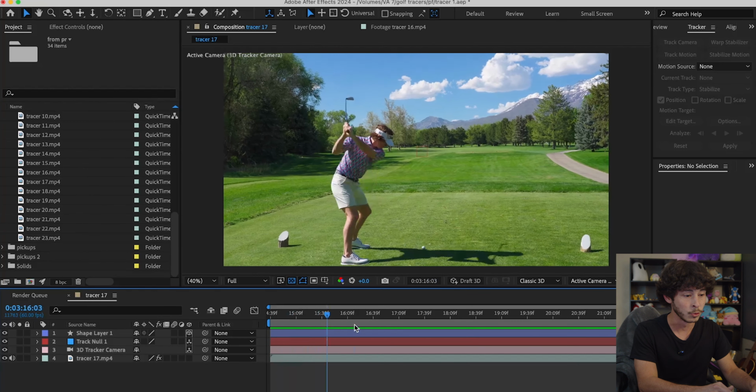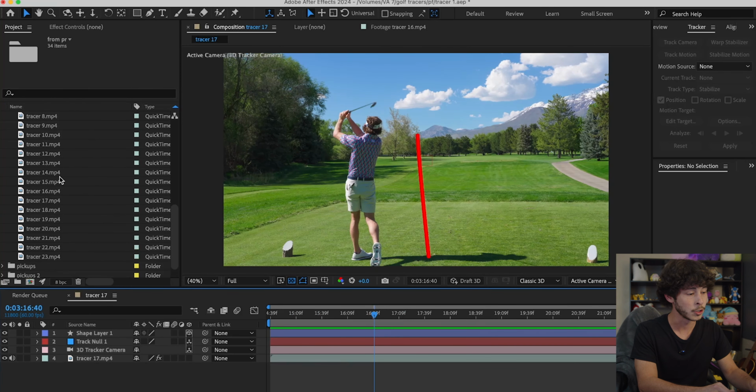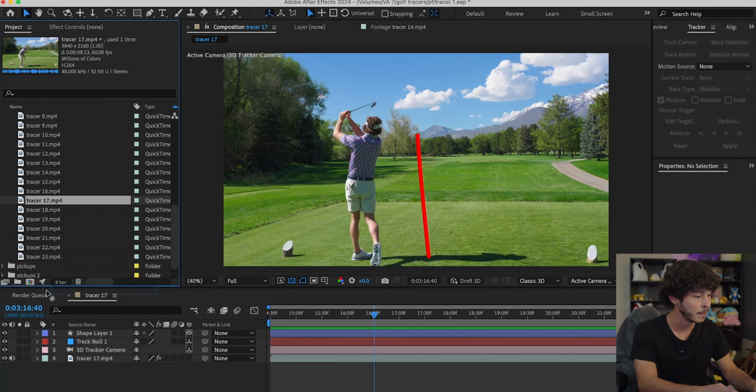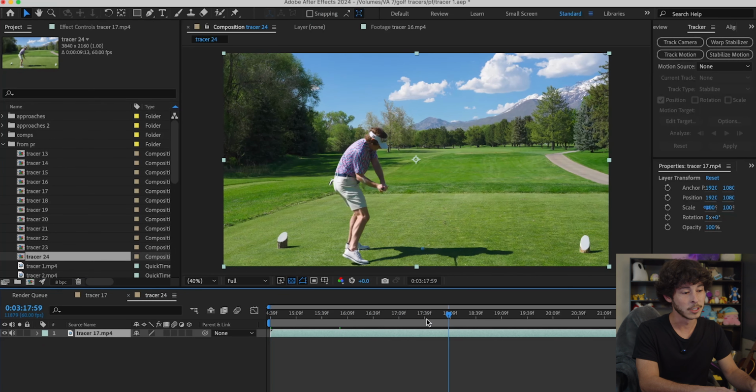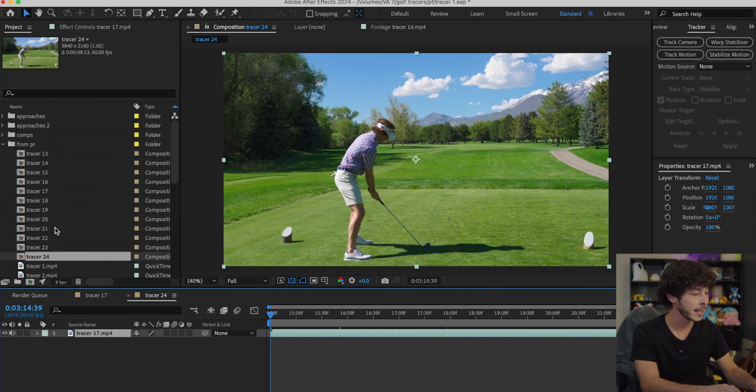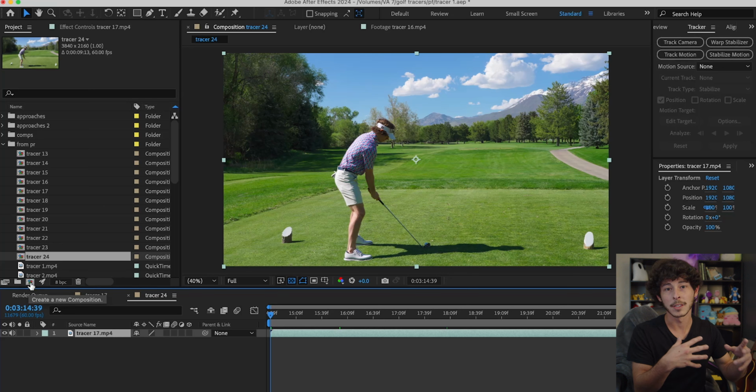If the camera is just stationary and not doing a variable zoom, then it's a super easy track. But even if it is zooming in, it's still a pretty easy track, depending on certain things, and maybe we'll get into that. So we're pretty much gonna redo this shot. So we're gonna go over to Tracer 17 MP4 and make a new comp with it. So this goes with importing any footage. Just drag it onto this icon right here and it will make a new composition